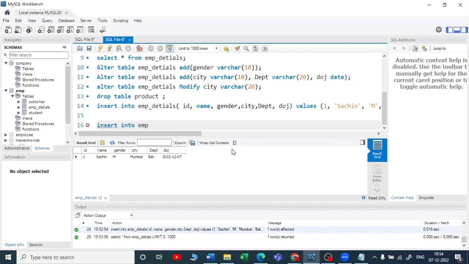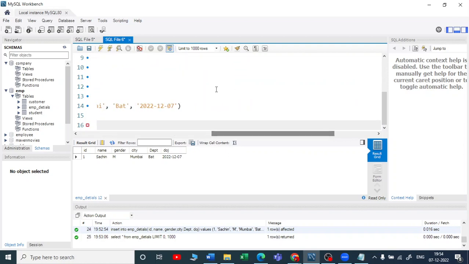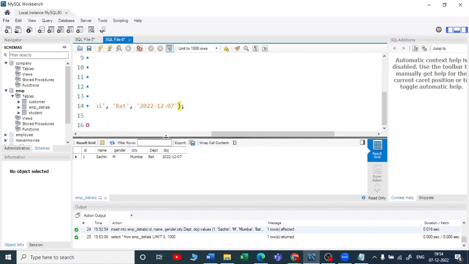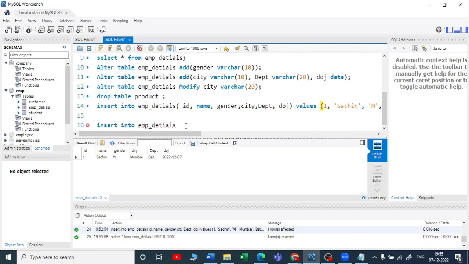So the table name is employee details. Let me put a colon here, employee details, and then without specifying the column names I'll write values and then pass the values, comma separated. I'll put Virat,